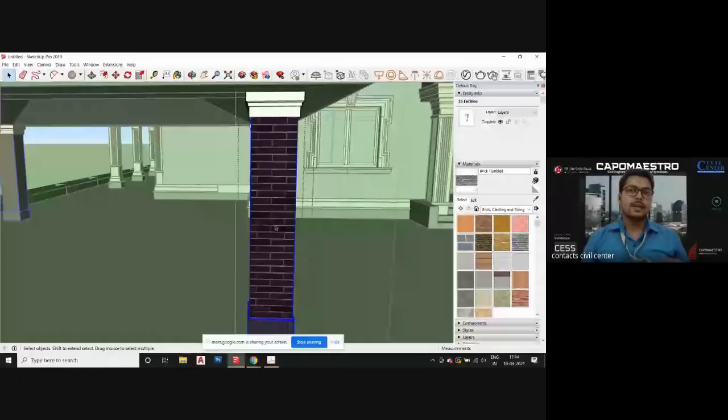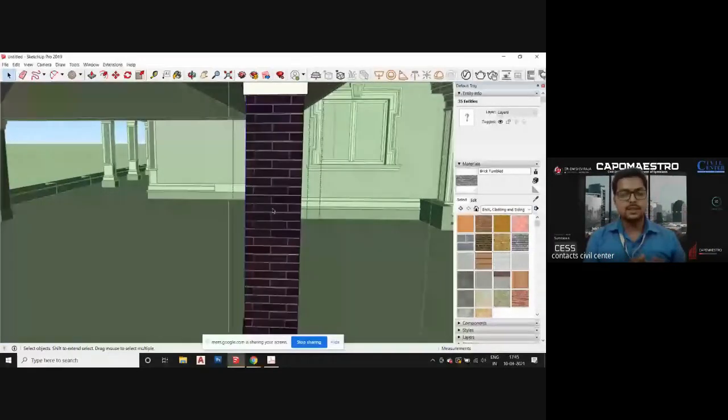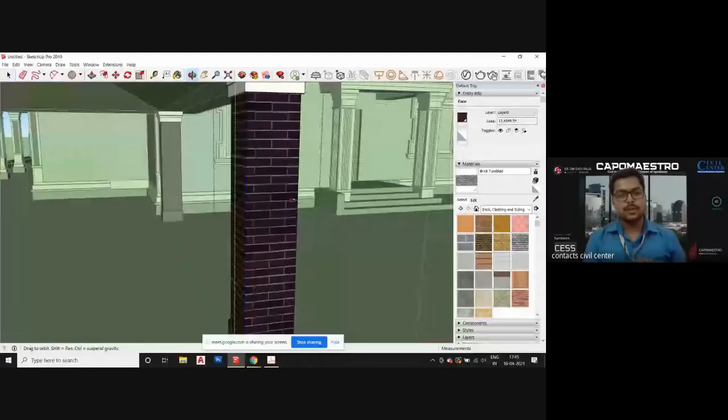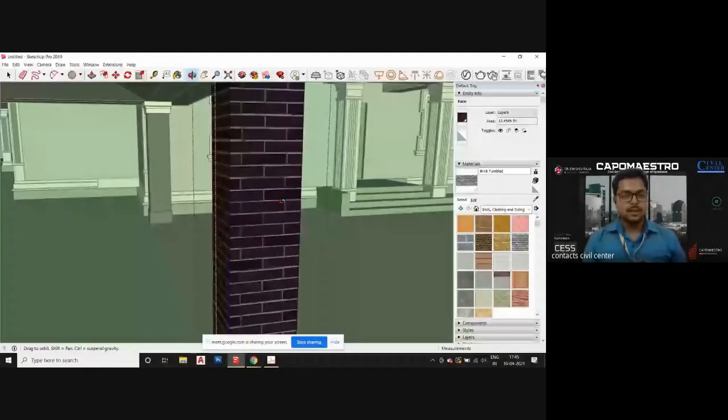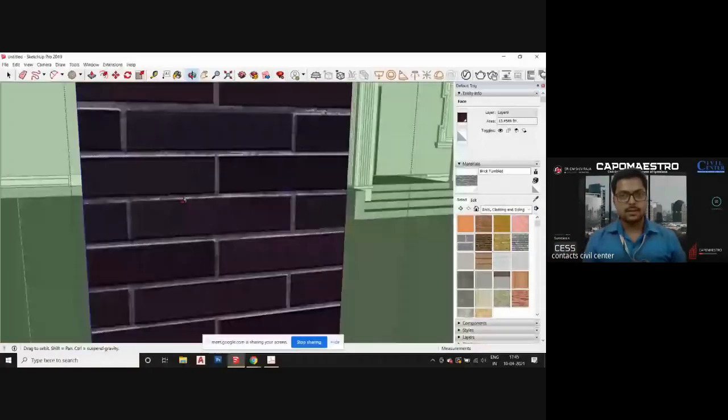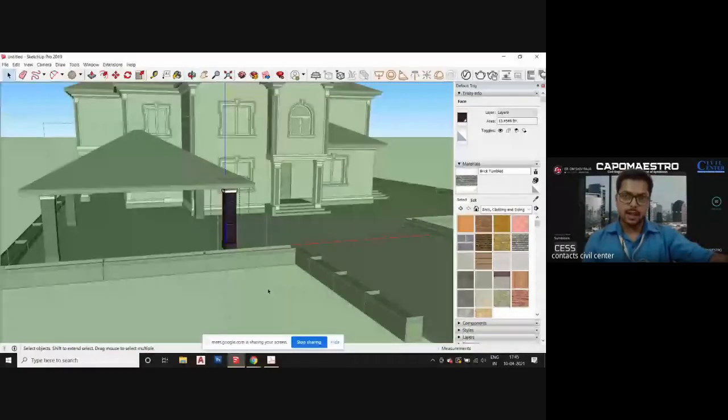And if you are asking whether the walls are present in there or not, for that you can just zoom in and enter inside the model. So we'll also show you the model. Okay, so just get inside the model, come out of the group. You are still inside the group, so just come out of that and enter the model.